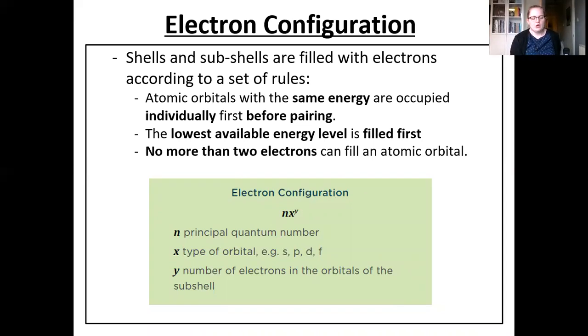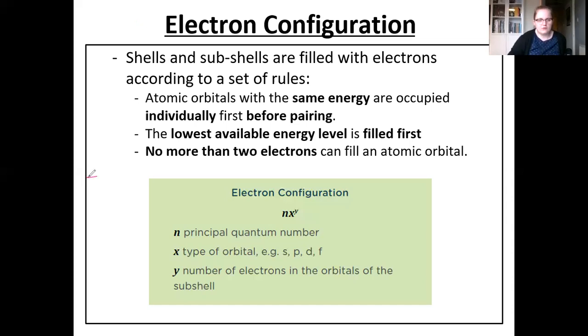follow. So atomic orbitals with the same energy are occupied individually first before pairing. What we mean by that is, for example, we have 3 sets of p orbitals. We would have 1 electron in px, 1 in py, and 1 in pz before px would have 2 electrons in it. So if we were drawing the p orbitals like this,